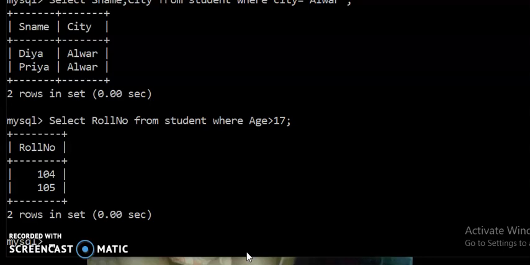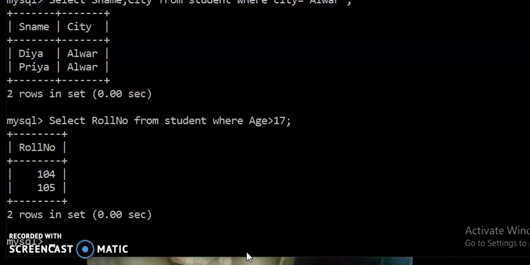So students, here we can see the output. In the same manner we can use the select command in various ways. We can select the whole table at once in one command by using select asterisk from student, and if you want to access some specific columns, then you can mention the column names in place of the asterisk symbol.